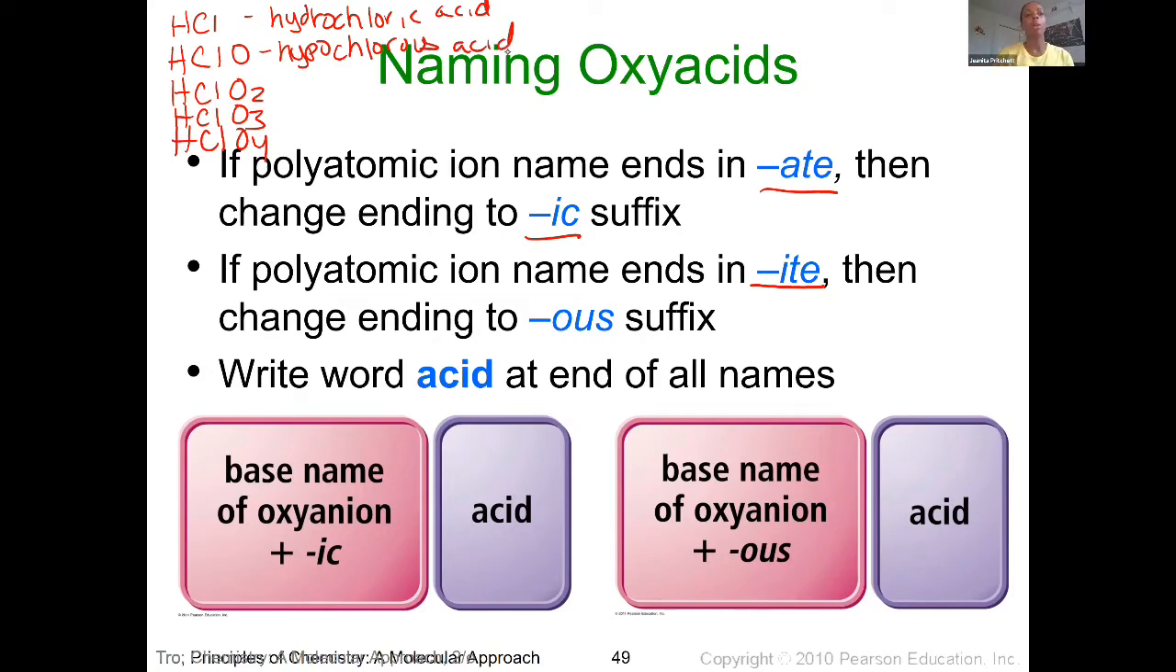hypochlorous acid. The third one, that's chlorite, so that would become just chlorous acid. HClO3, well, ClO3 is chlorate, so this would become chloric acid. And then ClO4 would become perchloric acid. Okay, so when you're doing this naming, you've got to first figure out, is it a binary acid or